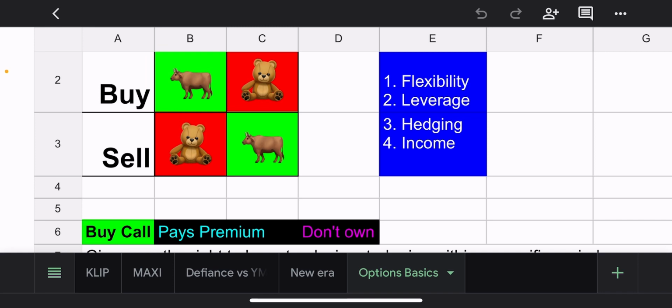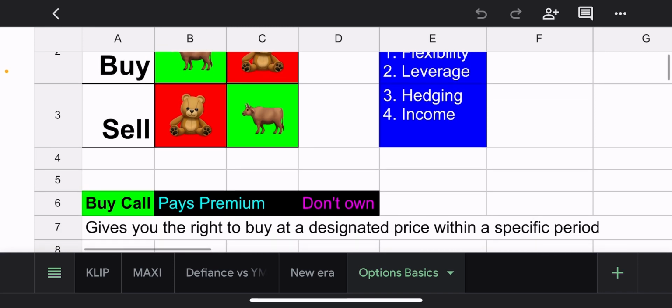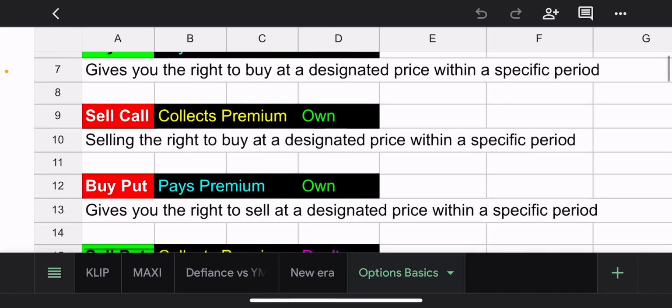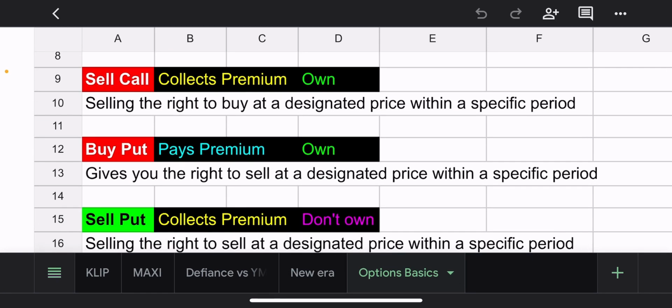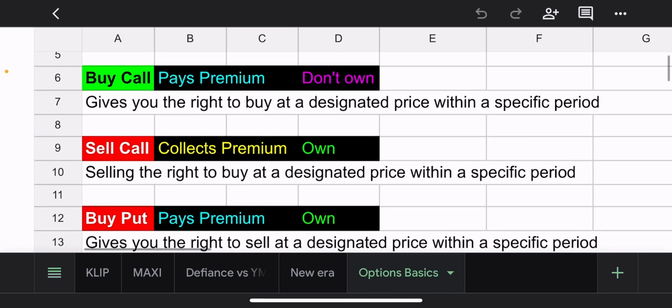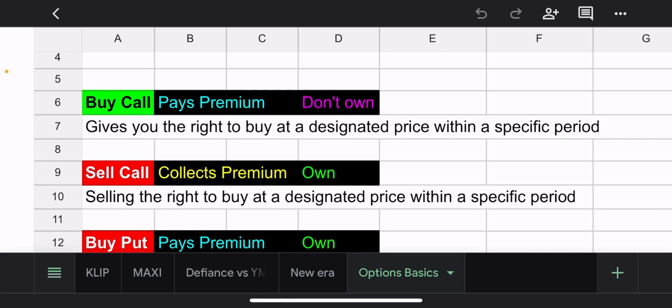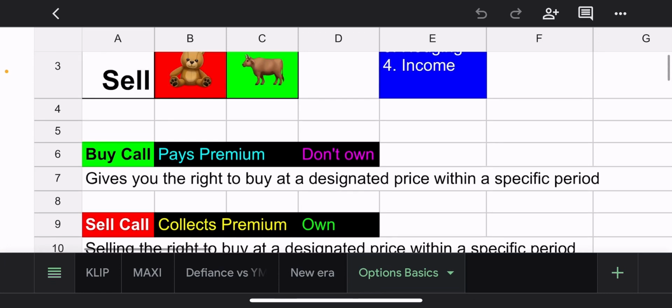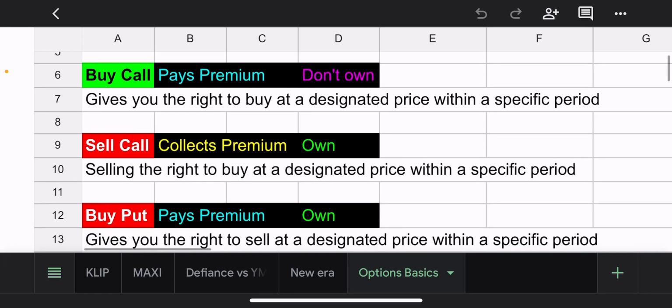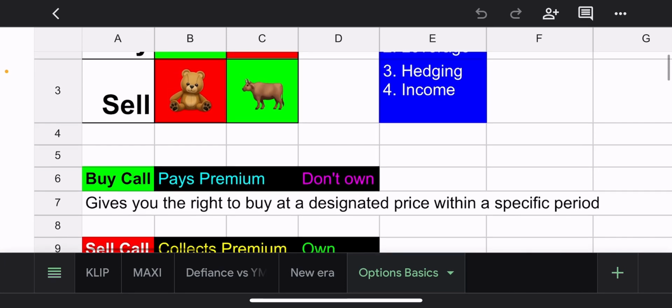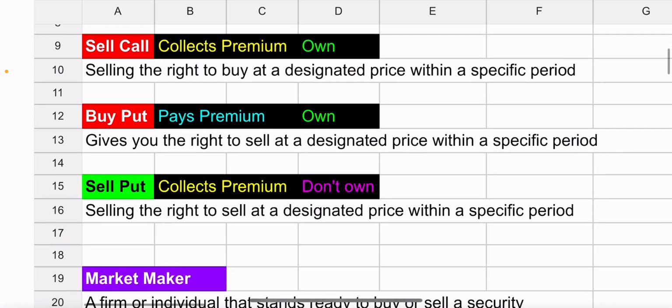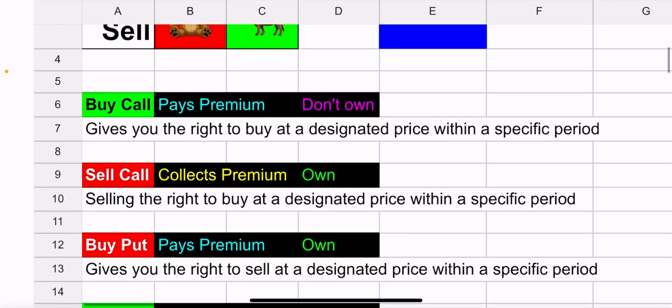All right. So what else? Number 3, hedging. And I think we spoke about this. When you buy a put, you're hedging your bets, right? Even when you sell a call, you own the stocks, you're hedging your bets with that too. But buying a put to me is hedging, because you're protecting your stock from the downward slide here. So, we went through that, so I won't go through that again.